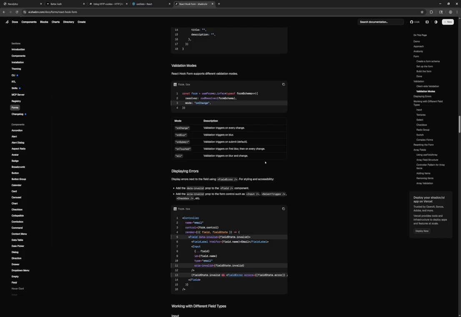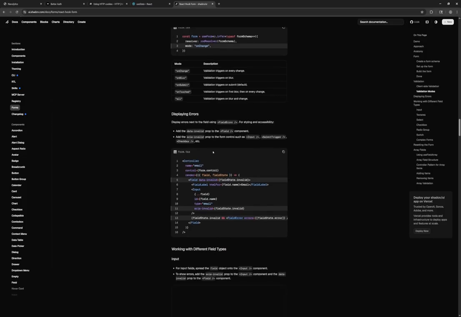I don't really want client-side validation. I mean, that's fine, but we need server-side validation for this as well. Next to the field using field error. So like,